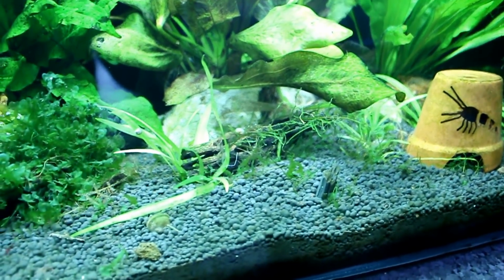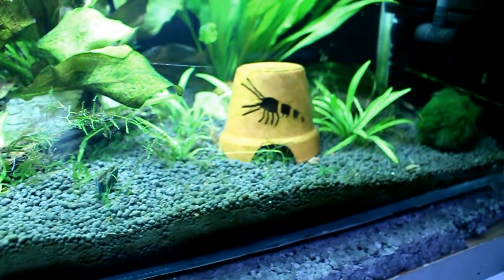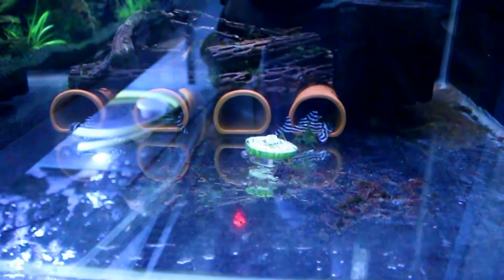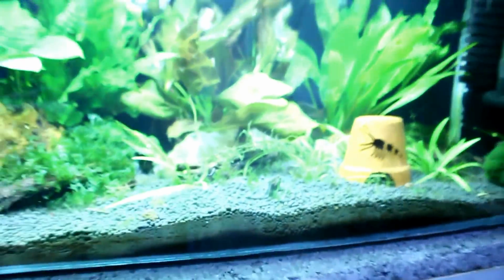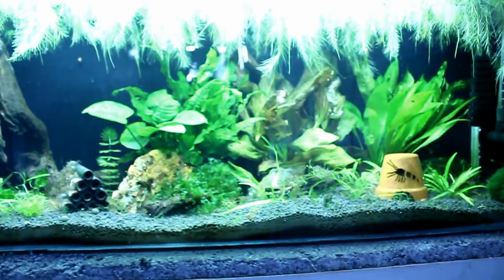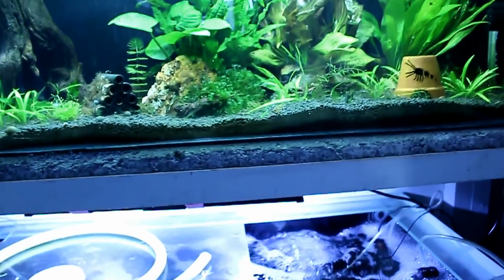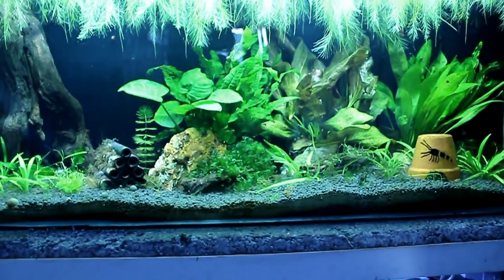You can see the odd bloodworm skipping around in there. I fed my full zebra pleco. All the other guys are hiding in their pots in there. But what a lovely light it gives you. Absolutely amazing. Now then, if I go back in and juggle this around again,